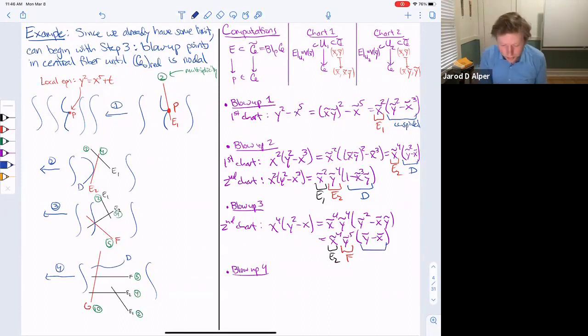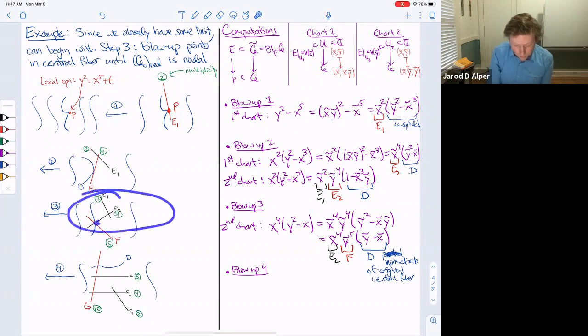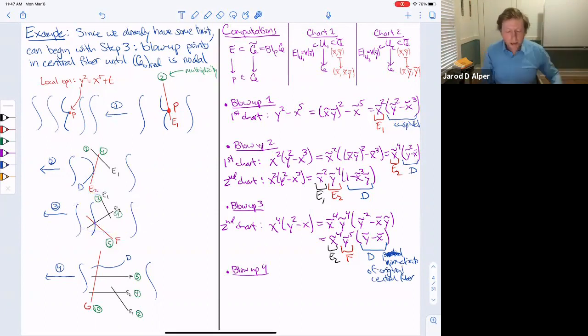And now this, again, is my curve C. Right here, oh no, I'm calling it D, sorry, D. Sorry, this is the normalization of the original central fiber. But now we still have this threefold singularity here, multiplicity 3 singularity. It's 3 lines meeting at a point, and so now if we blow up one more time, we can separate them. So finally, in the fourth blow up,